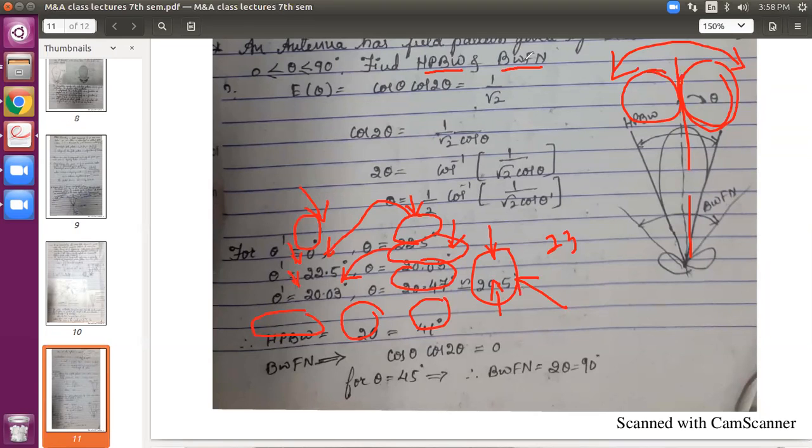Yes, ma'am. Anywhere you have studied this? Electromagnetic. In electromagnetics only? Okay, can you just remind me where you have studied? As far as I know,